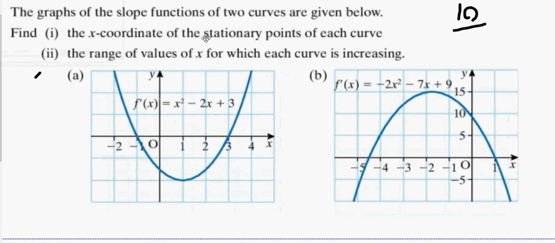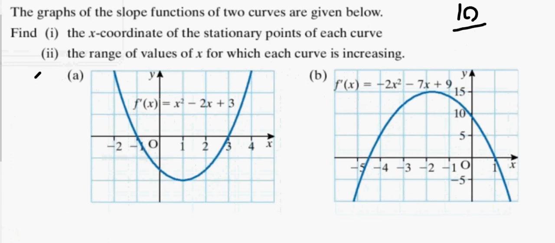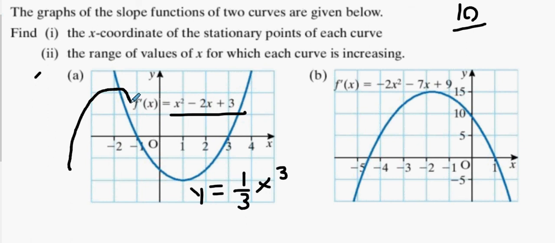This is a graph of the first derivative, okay? The first derivative is an x squared. Would you agree with that? So that means the original function must have been 1/3 x cubed. How do I know that? What happens when you differentiate 1/3 x cubed? You get x squared, don't you? So I know the original function must have been a max first and a min second, correct? And the max would be directly above minus 1. How do I know that? Yeah. And the min would be directly below